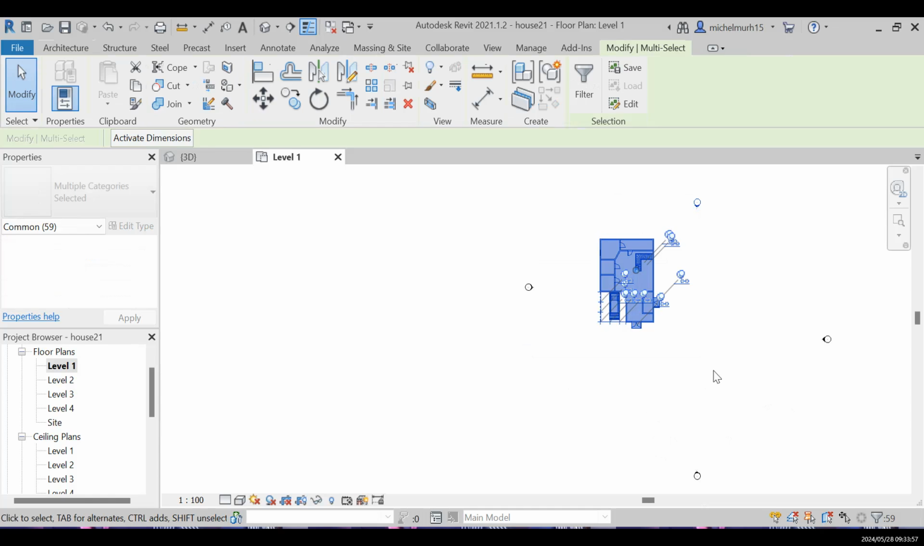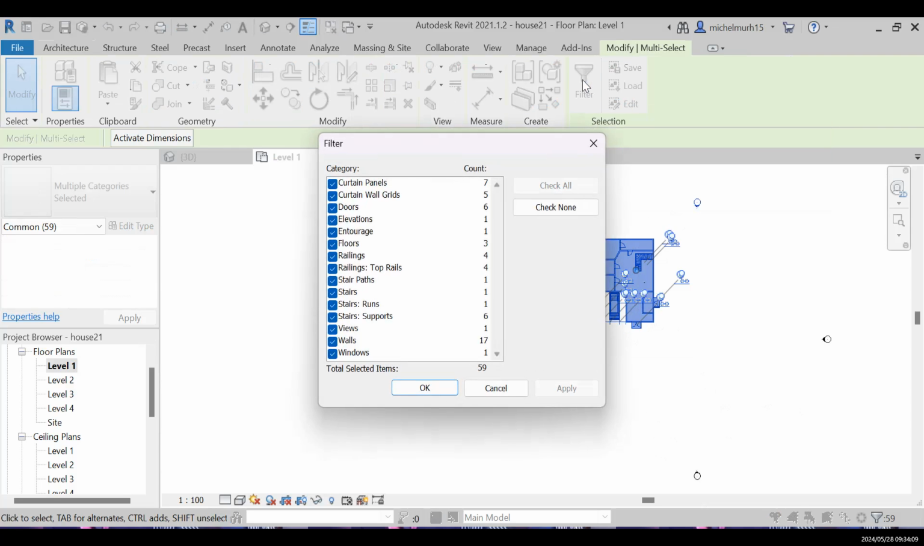But since I select everything, even the car, even the environment, even the entourage, I don't need all of them. So to filter them, I'm going to press in here, and since I just want to copy my wall, I'm going to uncheck everything first, then pick one by one. First of all, I'm going to set from the top here. I will copy the door, the wall,